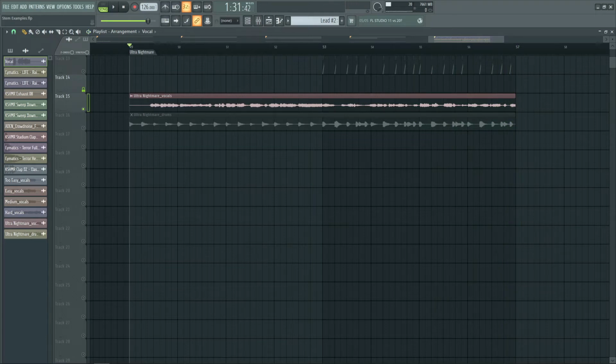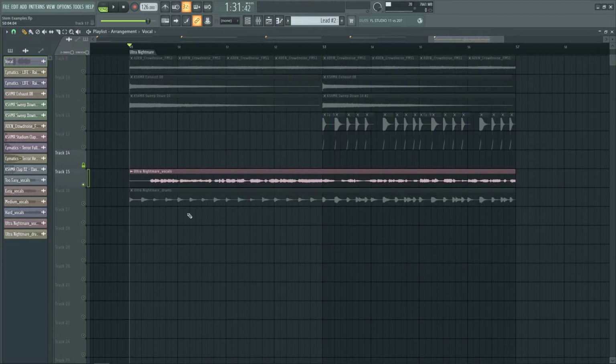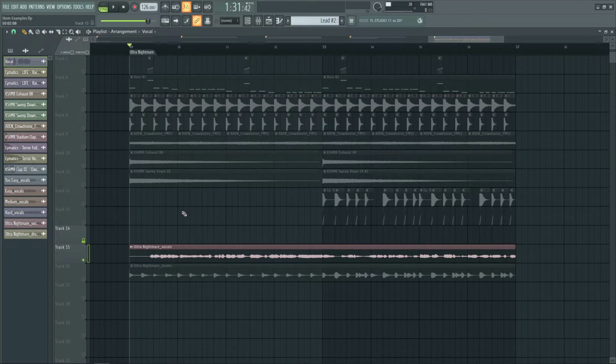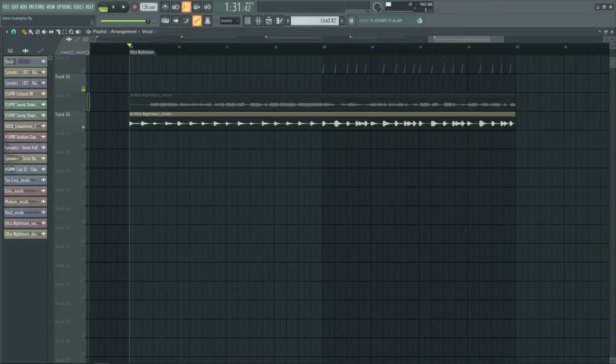So, as expected, the quality is definitely rough, and I would absolutely not use these vocals if they came out like this. But the point that I wanted to talk about with the drums is that it also has the drums, bass, instruments separation mode as well. And if we listen to how the drums come out,